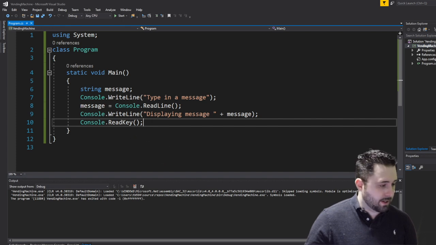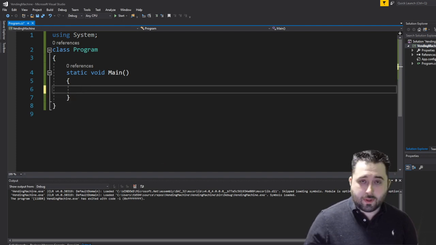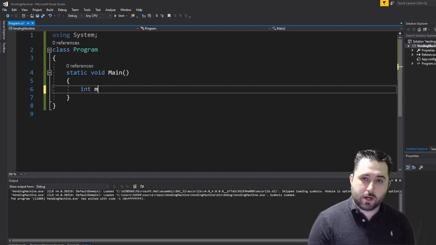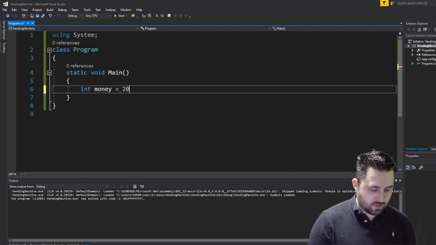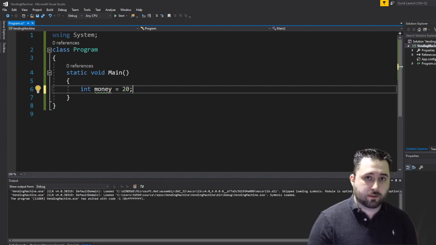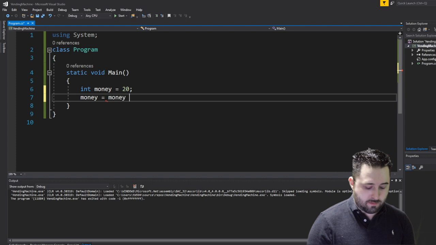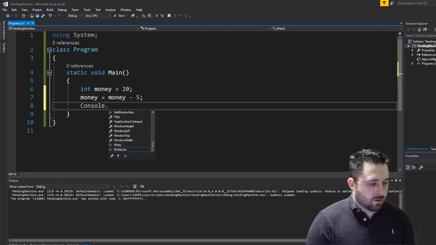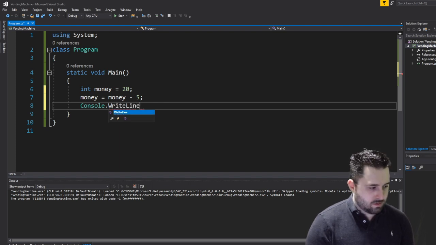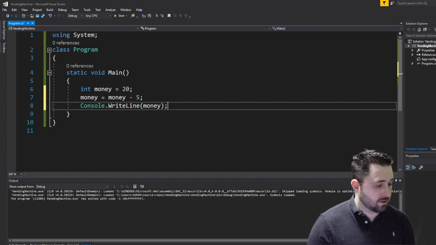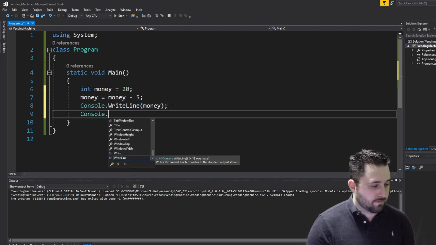Let's go ahead and erase this code here. And we can declare an int variable very similar to string. Let's type in int money equals 20, semicolon. With int variables, we can actually apply mathematics. So below int money, we can write money equals money minus 5, semicolon. And if we do console.writeLine money, and also make sure we add our console.readKey,